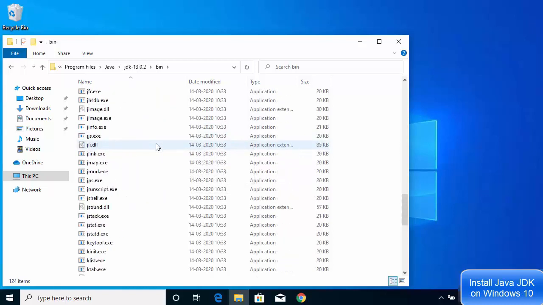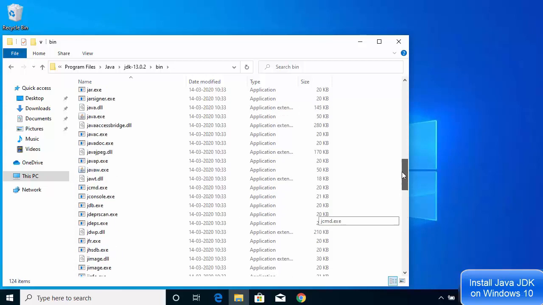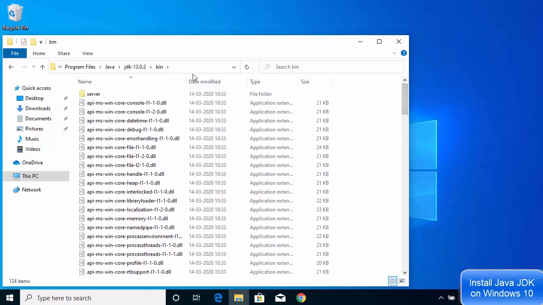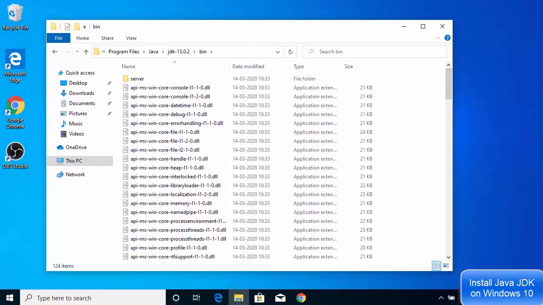For example, javac.exe will be there, and other Java related executable files are all present inside this bin folder. So the next step is to set this bin folder as our environment variable, so that we can run all the Java related commands from the command prompt. So just copy this path up to the bin folder of the Java JDK,